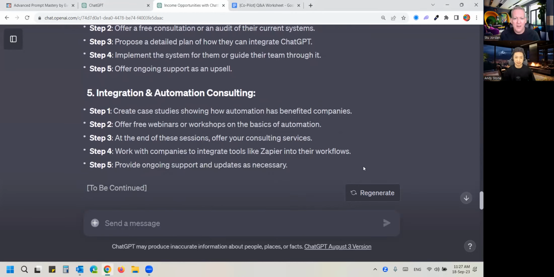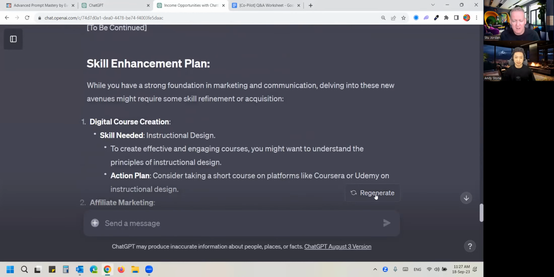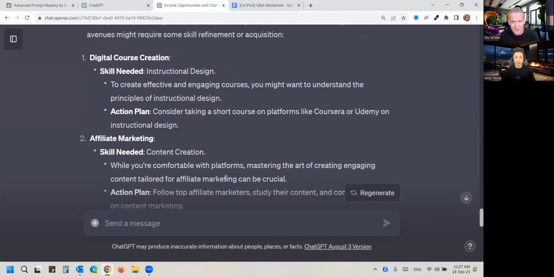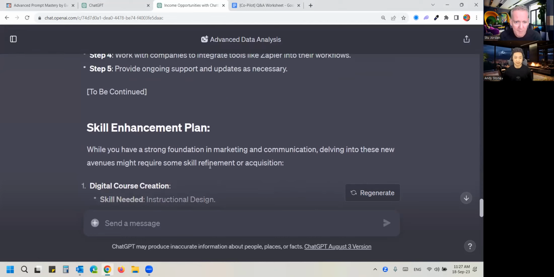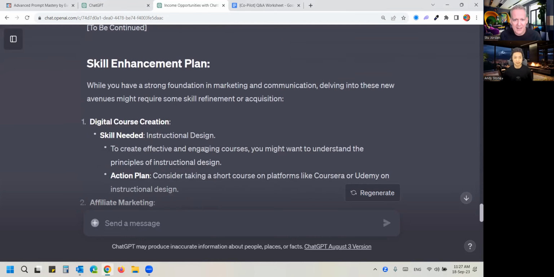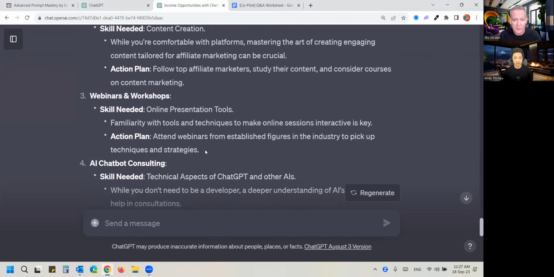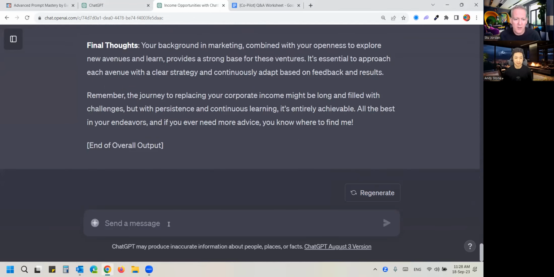Now, let's say you don't like any of those, you can just regenerate, okay? And it'll give you a rerun, right? You don't always have to rely on the first result. We'll talk about that in our course as well. So if you need skill enhancement, here's for each of those, the skills that you're going to need. And then if you want to, you can say, thank you, this is amazing. Can you please provide more comprehensive